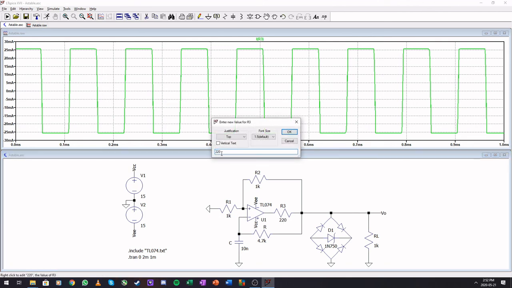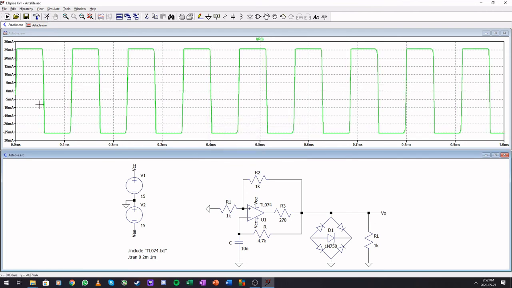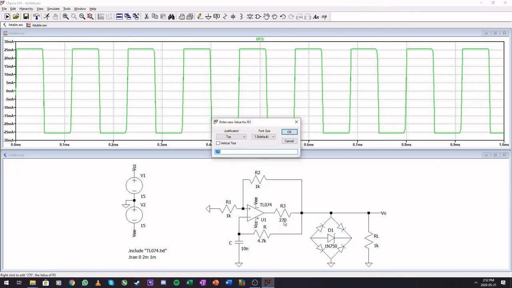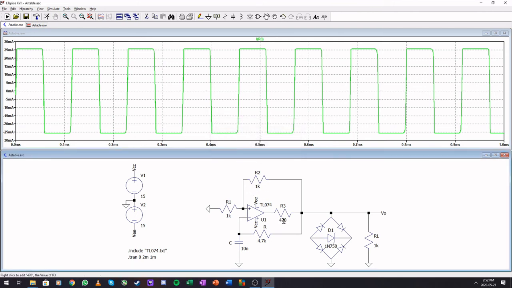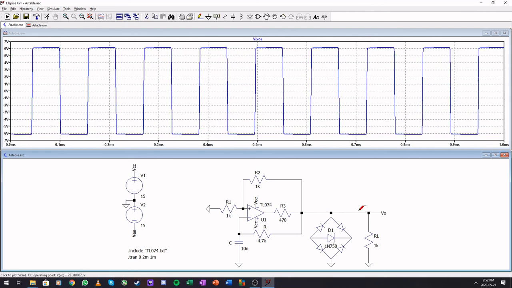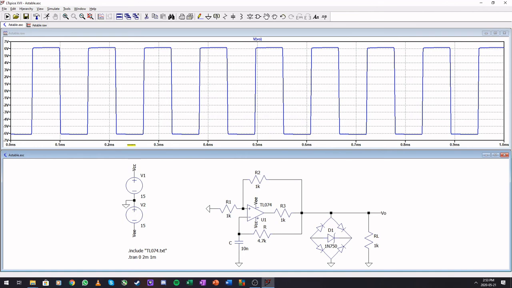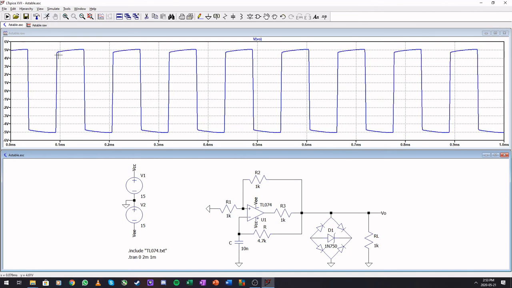And now I can go and change this to 270. You'll see that this is not changing at all. But the moment that we go larger, let's go to 470k, 470 ohms, sorry. There is a definite decrease in the current here, right? And if we have a look at our output, it started to decrease because we can't supply enough to the rest of our circuits, right? So if we keep increasing this resistor, we'll find that the output starts to drop because this zener